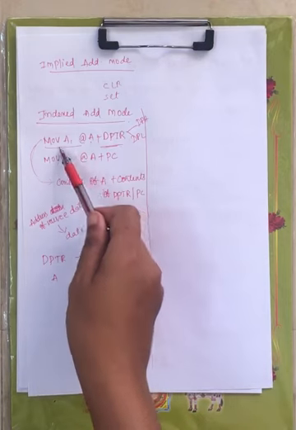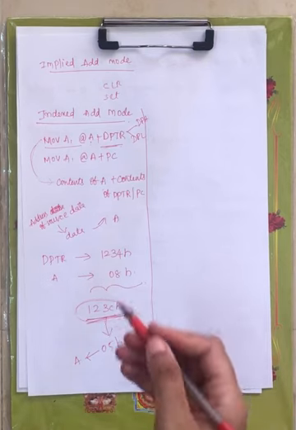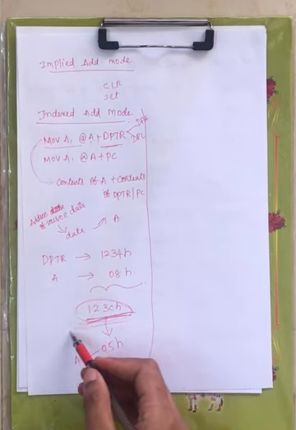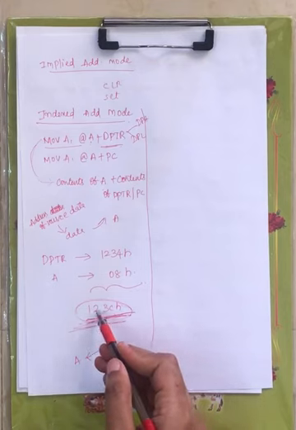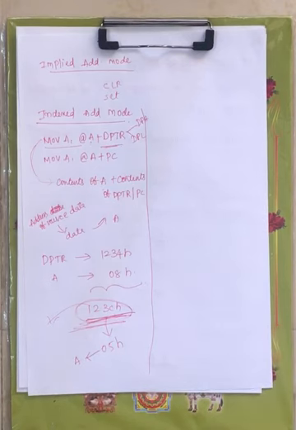Now that data is moved to the accumulator by using the opcode MOV, right? Similarly, your PC will contain some data, because it will store the address of the next instruction that is to be executed. Now that address is added with the contents of A, right? The contents of PC are nothing but the address of the next instruction to be executed. Now the contents of PC are added with the contents of A. After adding those two contents, a new address is generated. That memory location will store some data, and that data is moved to the A register, right?